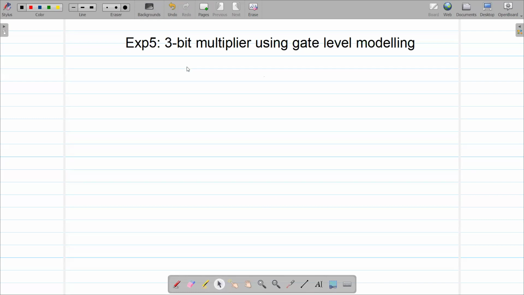So, welcome back. We'll discuss this experiment 5, which is a 3-bit multiplier using gate level modeling. So 3-bit multiplier means we have to perform A into B. Let's say A into B. So to perform this A into B,